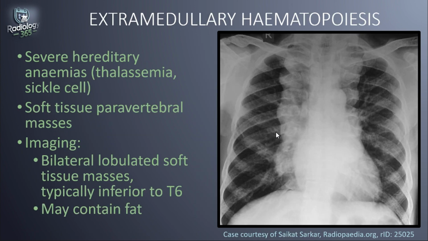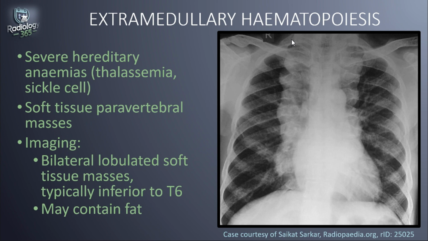Then to extramedullary hematopoiesis, it presents as soft tissue paravertebral masses in patients with severe hereditary anemias, including thalassemia and sickle cell anemia. On imaging, we would see lobulated soft tissue masses that are typically bilateral or will also be seen inferior to the level of T6. They may also contain internal fat. This plain frontal radiograph shows a large paraspinal mass bilaterally with smooth lobulated contours, and this was a case of